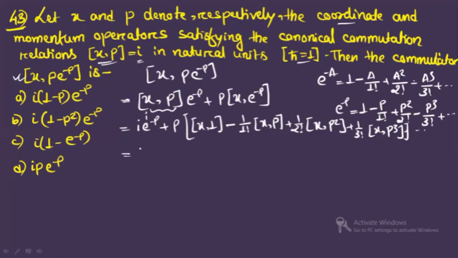Now you see here, I e to the power minus p is as it is. If you see this one, it is equal to 0, because the commutation of x with 1 will be x minus x, so it is equal to 0. If you see xp, the commutation is I. Now you are having xp square. So you can write a b to the power n, it is equal to n b to the power n minus 1 times a comma b. This is how you can do.